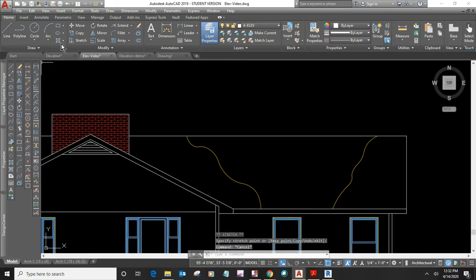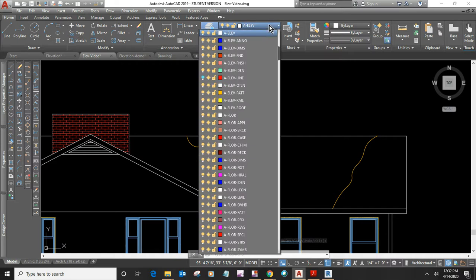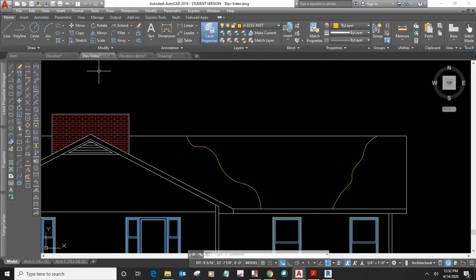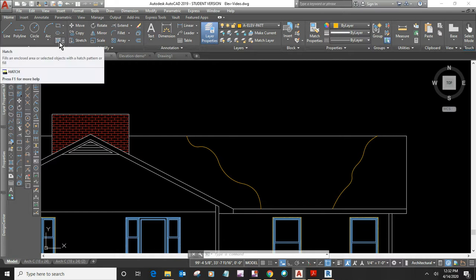Now let's go to our hatch, and these are going to go on my 8 elevation pattern. Color doesn't really matter because we're going to print in black and white anyway. So if you're working somewhere and they're doing AutoCAD, the colors you use are going to be based on the layers, okay, because you're going to print in black and white anyway. So let's go hatch,